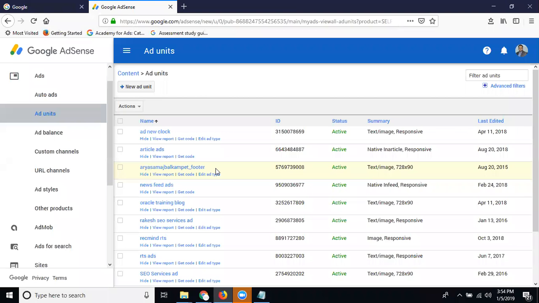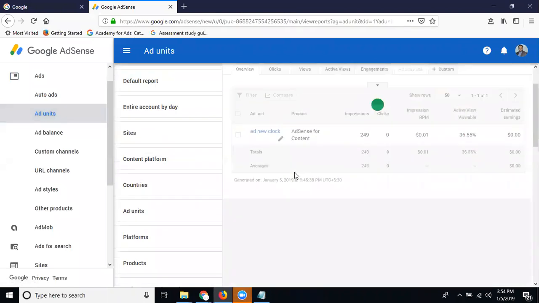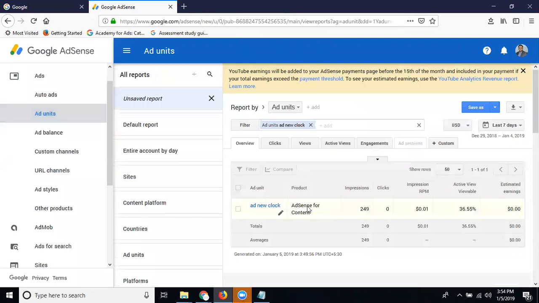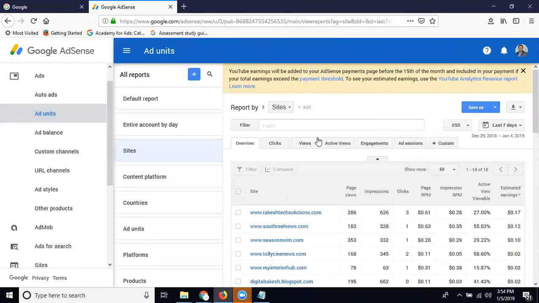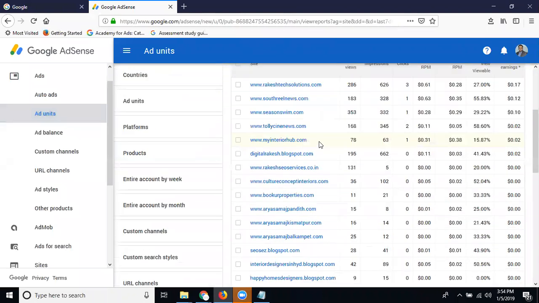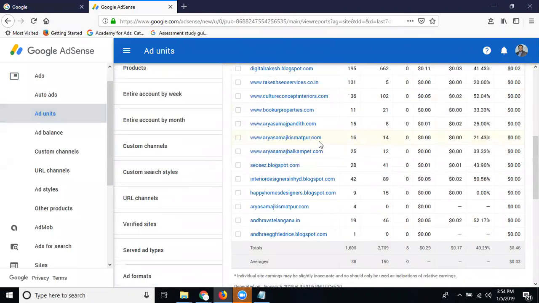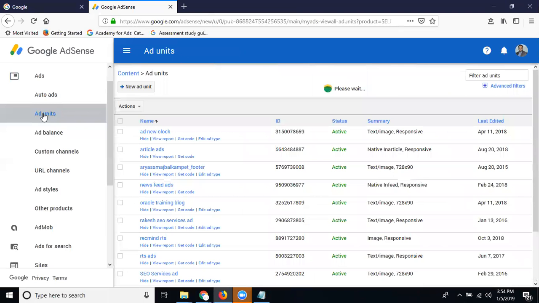For each ad, you can check how much is being earned per site in the report. Click view report, and you will see the earnings for this ad. You can check it in this option: impressions, clicks, dollars, and each and every review. You can check how many sites you added this code to, by site names also. See this one. All these ads you can add by placing this code on a particular website. So, clear? For any ad you generate, you can check in the report how much revenue it generates.